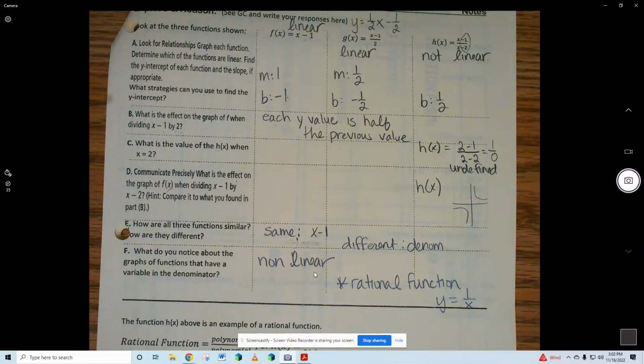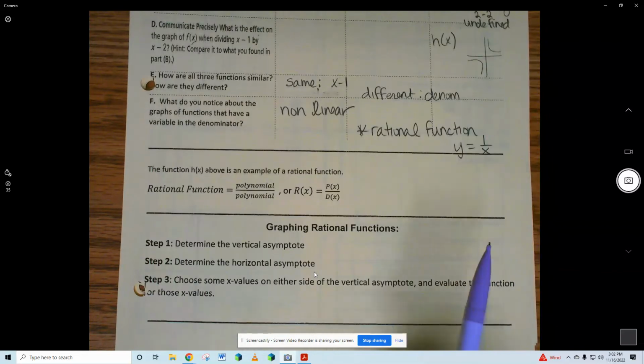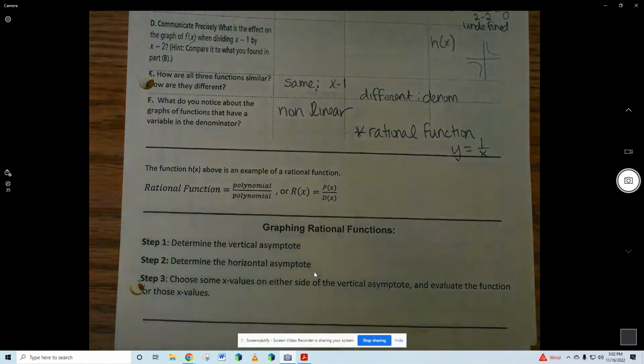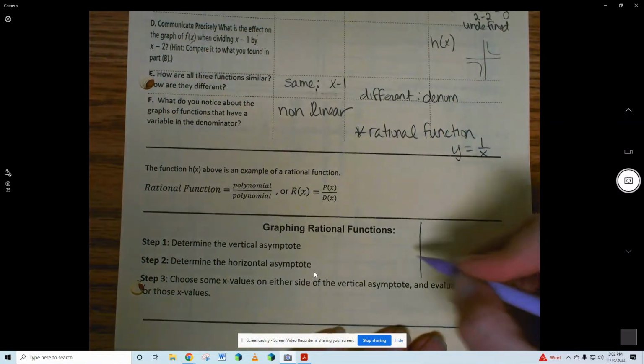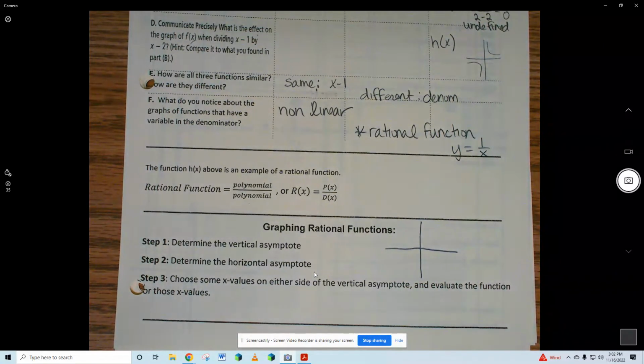So, what's going to happen? Step 1, step 2, and step 3. We're going to graph asymptotes, and then we're going to choose x values on either side. So we're just on step 1 and step 2 and step 3. That's this, up here on the board. If I know that my asymptotes are these orange lines,